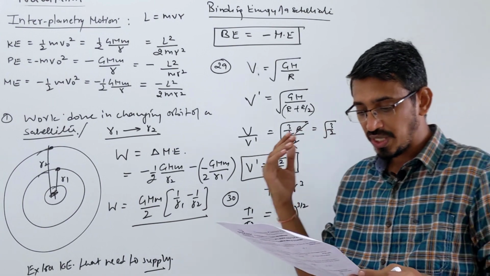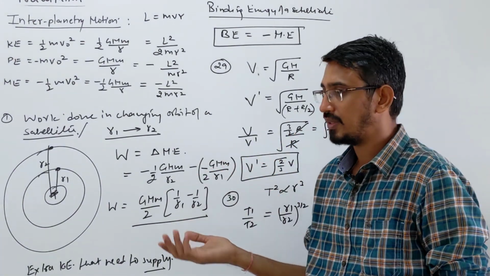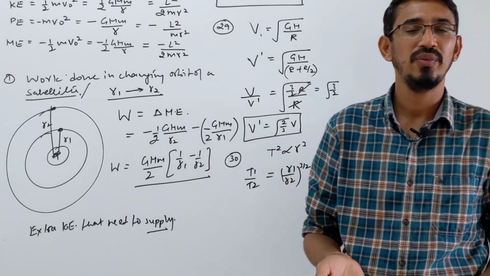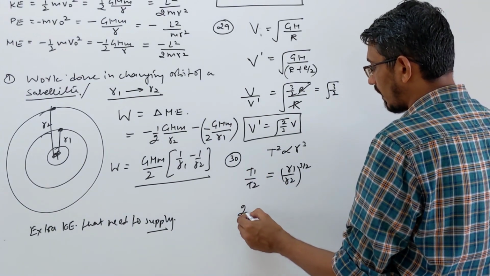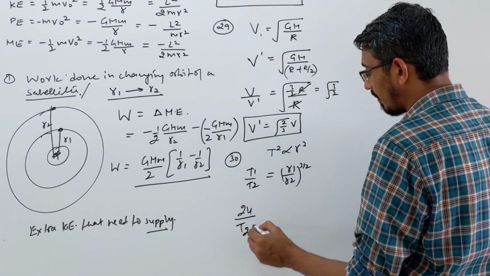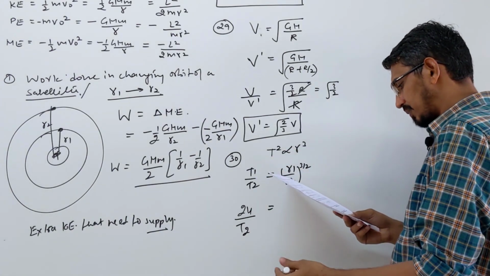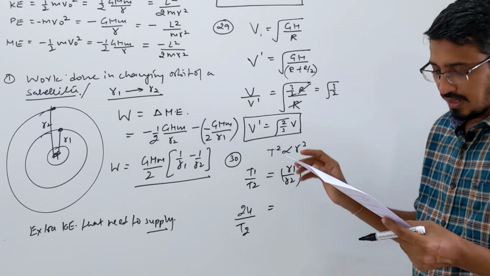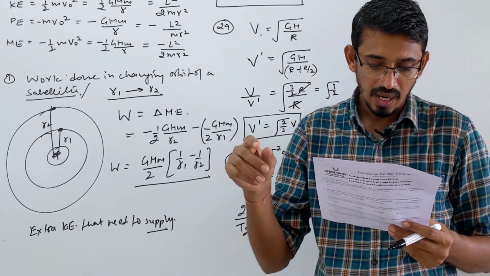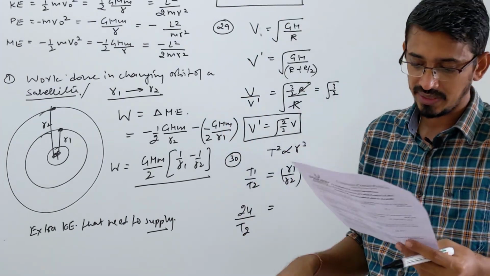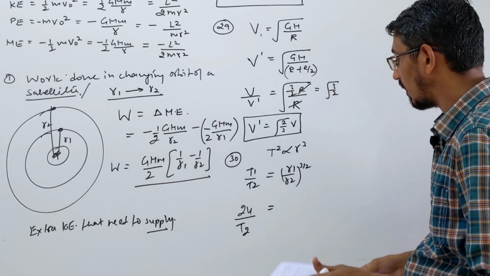First is given a geostationary satellite. We have not learned it yet, but it should be general knowledge that a geostationary satellite has a time period of about 24 hours. That I will teach in the next topic. So the time period of the geostationary satellite we already know is 24 hours. The other satellite we have to calculate. Give attention here: the height of the geostationary satellite is given as 6 r above the surface of the Earth, so the total becomes